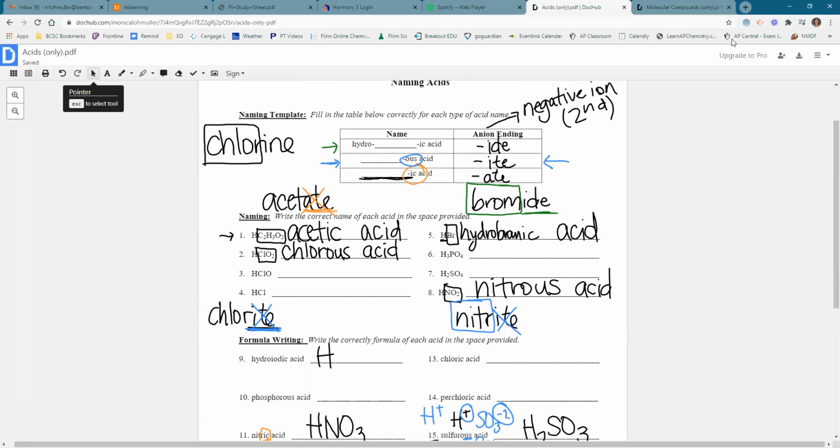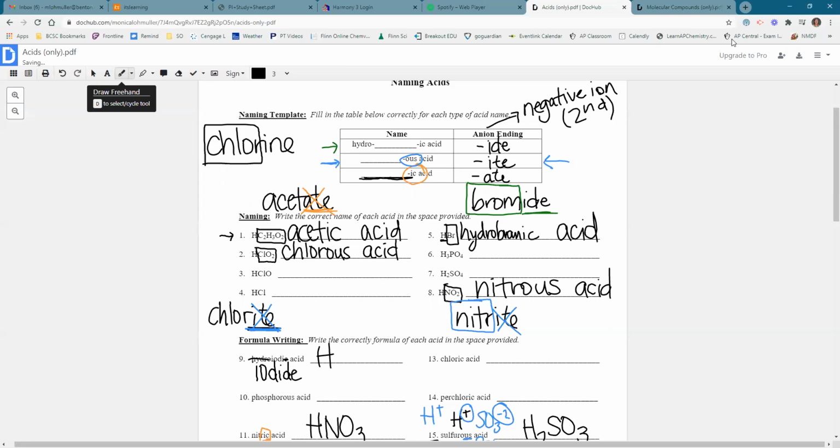The only one that has hydro in front is the top line, the hydroic acid. So if we take off the hydro and we take off the ic and we add what it says is the anion ending, so instead of hydroiodic, we're going to take off the hydro and ic, and it's going to be